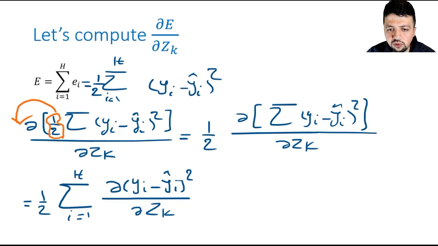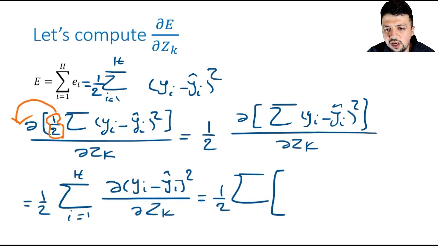So according to the rule, 1 over 2 survives, right? We've got the sigma. The sigma doesn't go anywhere. Let me put a bracket here just to make it neat. So we've got 2 comes down, right? Or maybe let me make it simpler. So yi minus y hat I squared is not a direct function of zk, is it? It's not, right? So first you need, using the chain rule,